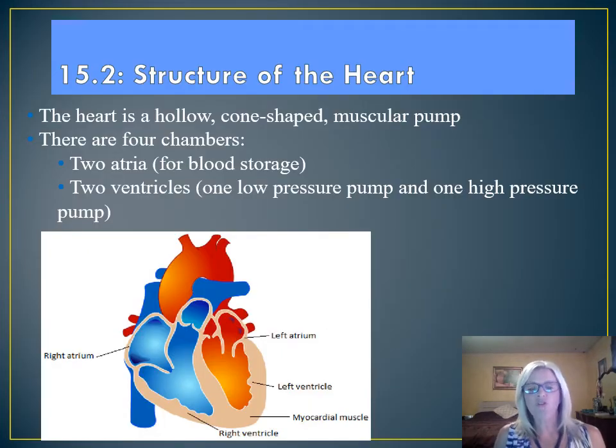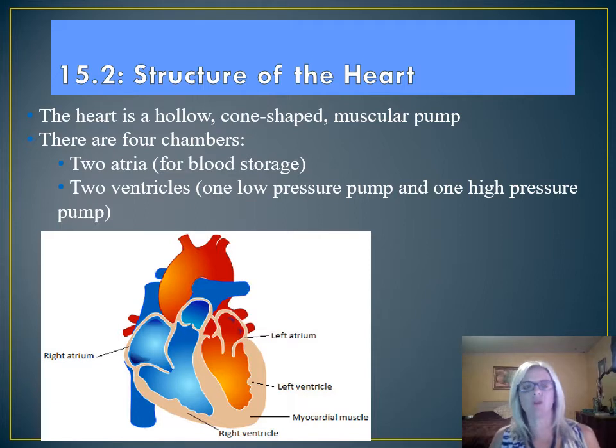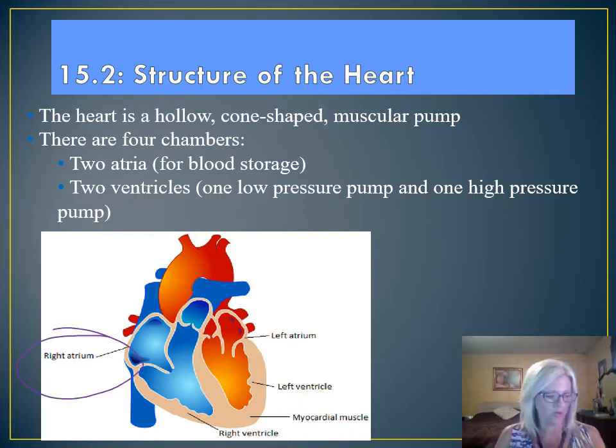So let's go over the basic structure of the heart. The heart is not quite what we think of as our drawn Valentine type heart, but it does have that vague shape to it. It is hollow. It means it has some chambers that have some openings in there, kind of cone-shaped here, and it is a muscular pump. We have 4 chambers. We have 2 atria, and you can see those here. So let's see. We've got the right atrium, and remember, you always want to be looking at this from your